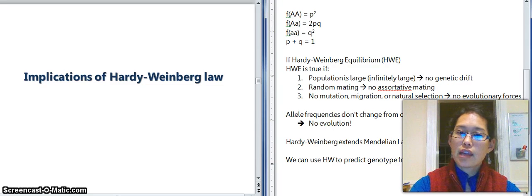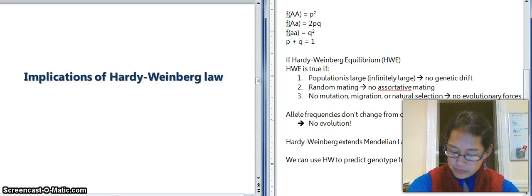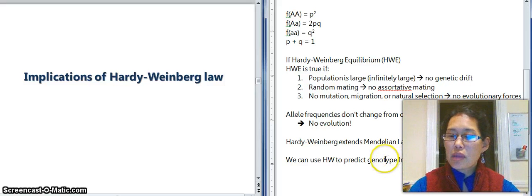We can then compare that with the actual genotype frequencies in the population. Okay, so let me rephrase this. So we can